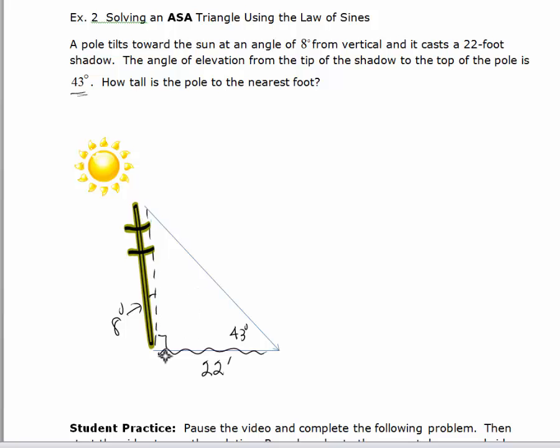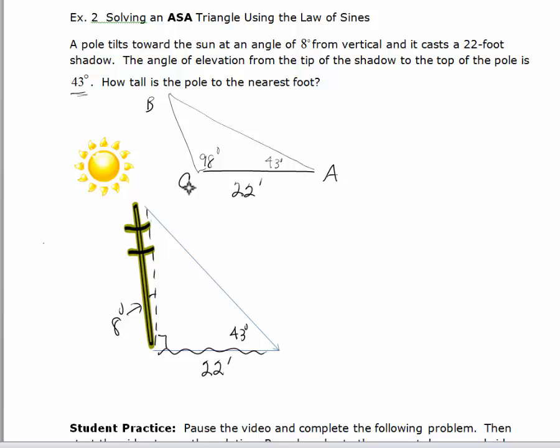And if we look at the bigger triangle, not the right triangle, but the bigger triangle whose side is the actual pole, I'm going to draw a separate triangle to make that a little clearer. This angle right here is actually the sum of the 90-degree angle plus the 8. So this is going to be 98 degrees. We've got the shadow, which is 22. We've got the angle of elevation, which is 43 degrees. And we'll just label this triangle ABC